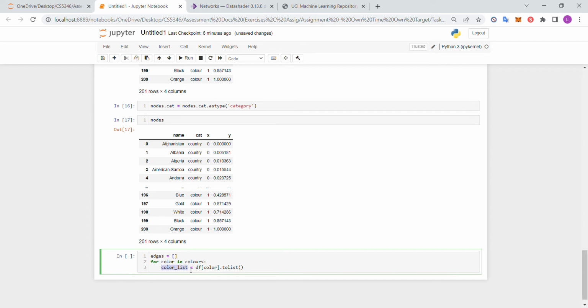So color list means that it's a ones and zeros of each country. So for instance, color list 0 represents the first country. So if this value is 0, it means blue is absent in the 0th country. And if it's 1, it means that blue is present in this country flag. So now for each of these countries, I and J, enumerate